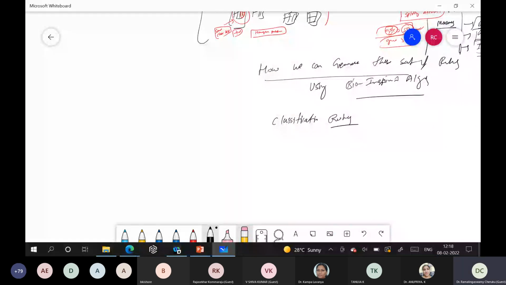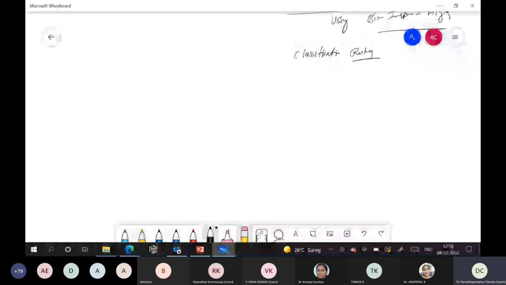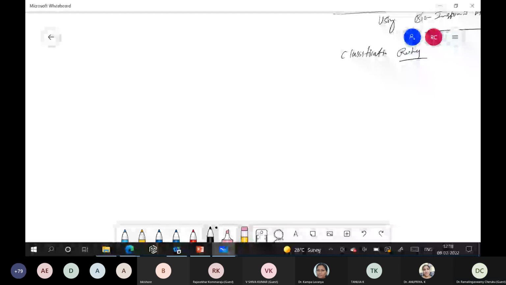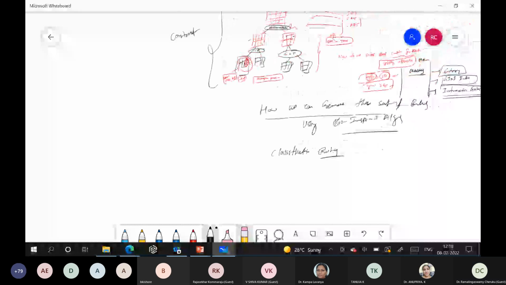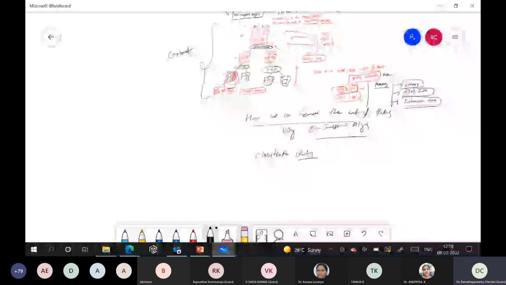Okay. So let me give the high level view, then we will move on to the specific problem, how we have generated this classification rule with the help of spider monkey algorithm, one of the bio-inspired, nature inspired algorithms. If you understood, we have taken the data set. Now what we did, we have identified a suitable splitting measure, and this measure will help us to assess what is the best homogeneous partitions.